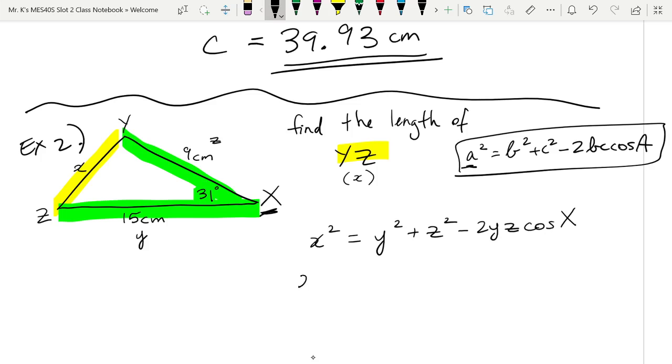All right, now let's plug in the numbers. Y is 15 and z is 9. And notice if you'd mixed up which one's y and z, you'd still have got the right answer, because you can add and multiply things in any order you like. But if you had more than one angle in this question that you knew and you put the wrong angle where the 31 should be, then you'd get the wrong answer. Of course, if you had more than one angle, you wouldn't be doing cosine law, you'd be doing sine law. But anyway,